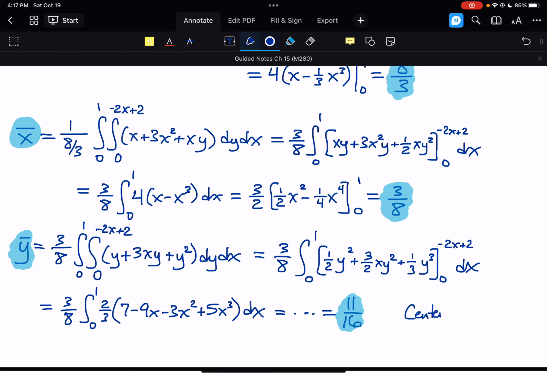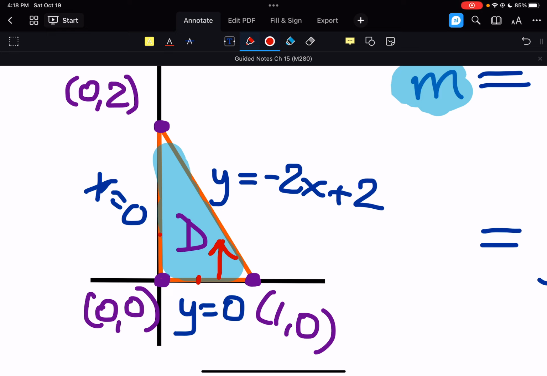And if we go back and try to identify where this is, 3/8 is a little bit less than 1/2. 11 over 16 is just a little bit less than 3/4, right? So this is a little bit less than 0.5. This is a little bit less than 0.75. If we go back to the diagram here, this is 0 to 1, so 0.5 is going to be somewhere around here, and it's just a little bit less than that. And then this is 0 to 2. So we go 1 is about here, 0.75 is about here, and a little bit less than that right there. So center of mass should be somewhere around there,